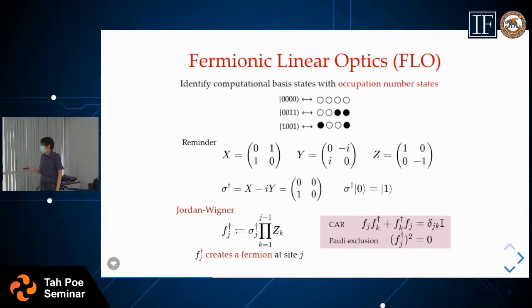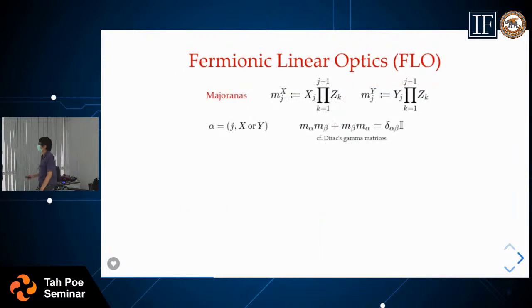All right, so you think of this as creating a fermion at site j, because this creation operator will flip the qubit from 0 to 1. The Hermitian conjugate of it is the annihilation operator, which does the opposite. So that's one part of the connection to fermions, but if we want to see something more, it's more convenient to go into the so-called Majorana basis, which is